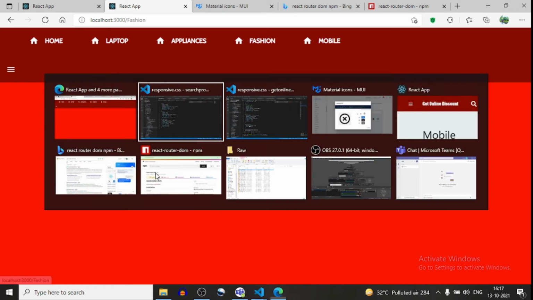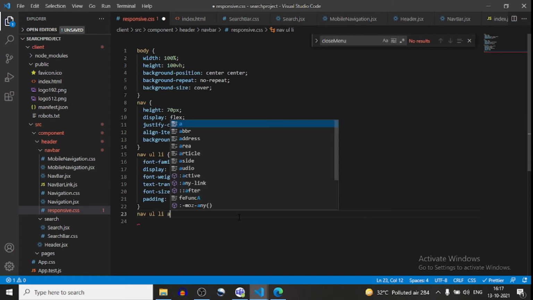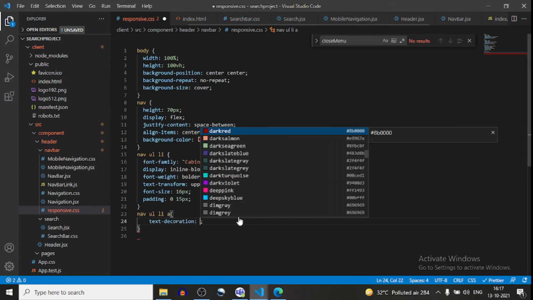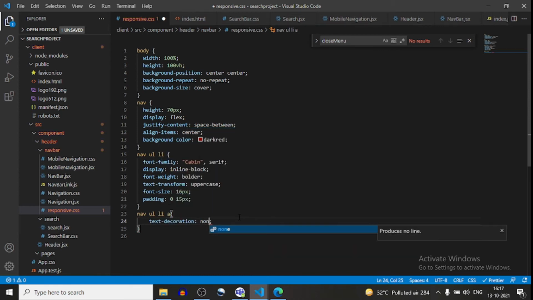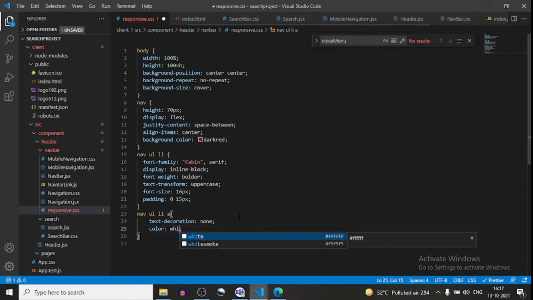Now we have to define nav ul li and anchor tag. So the anchor tag of nav ul li will be text decoration none and color will be white.